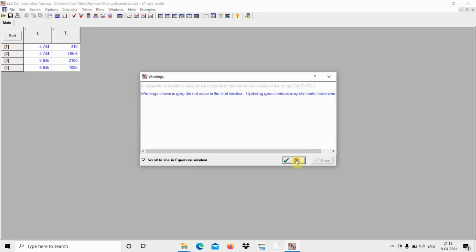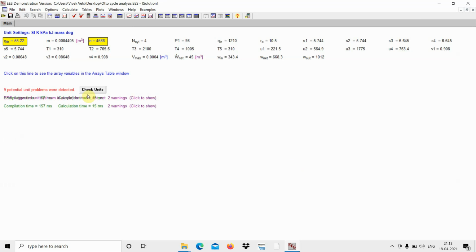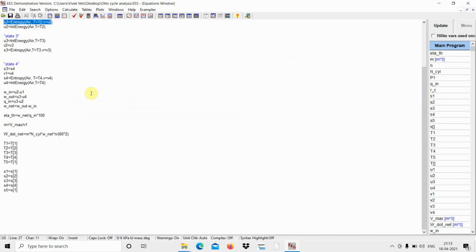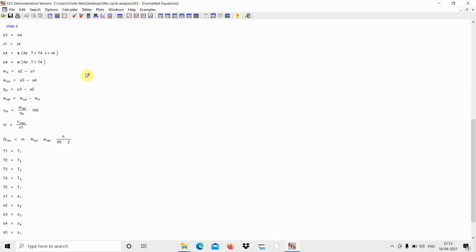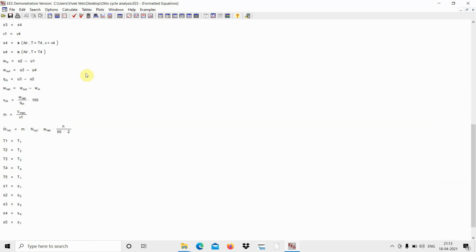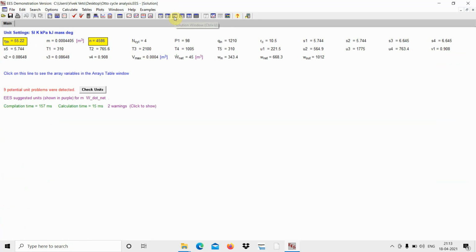There you go. Here you may see the direct values of efficiency, work done, anything else that you are looking for. And there you may directly go to the equations that you have put in. You may see what kind of formulas are being used. There you may see the final answers.